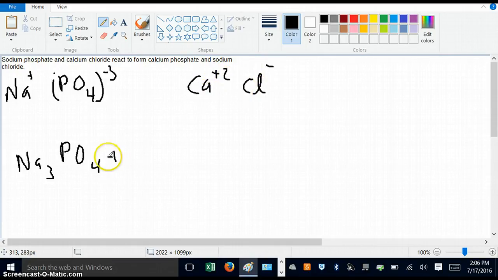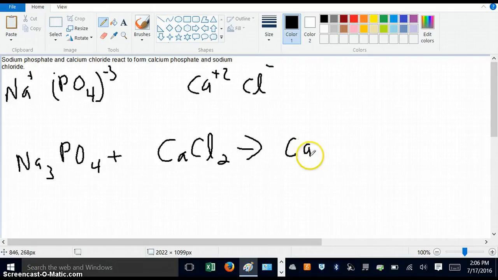Just to remind ourselves, calcium is +2, and chlorine is -1. So that's going to be plus calcium chloride. Do you see how this is very much related to Chapter 9? I hope you're seeing that. That's going to be Ca, and then Cl2. So there's the calcium chloride. React, that's telling us it's going to react to form calcium phosphate. Calcium is +2, phosphate's -3, so here we go. We're using the crossover technique, so the calcium would be Ca3, from the charge of the phosphate,